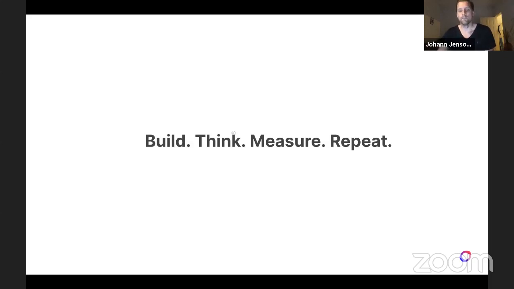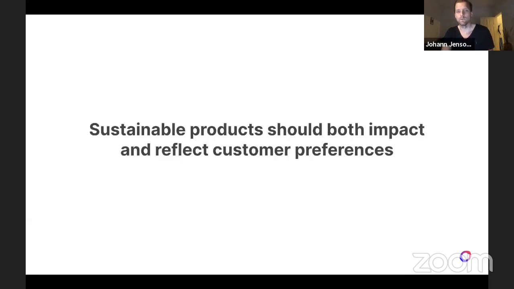So include that in your existing workflow. And then I think it's important to remember that sustainable products should have impact, but also reflect customer preferences. You also need to respond, like that example of the South Park Walmart scenario where you're looking in the mirror.